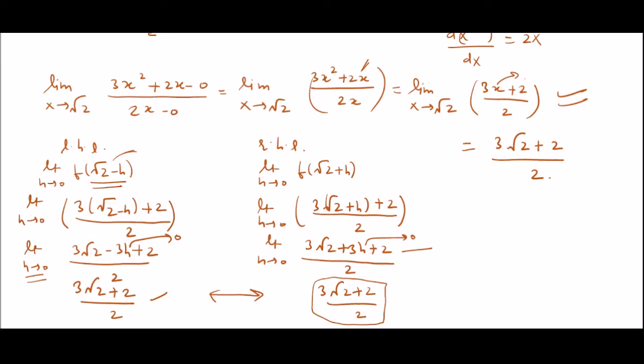Okay. Now if we see the difference between these two values, in which the first value is this and the second value was the 0 upon 0 form that we were getting before applying the limit with L'Hopital rule, we can see that this is the most accurate value to get to the solution of the limit of f of x at x tends to root 2. So this is the main reason we apply limit to a function. It also sets a base for continuity, differentiability, uniform continuity, sequences and many more. This is why, being the simplest topic of the course, it is yet the most important topic.